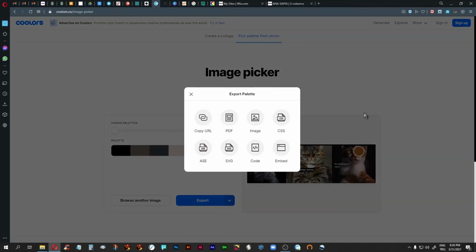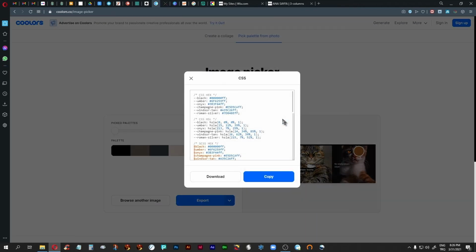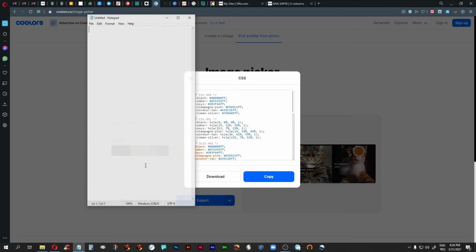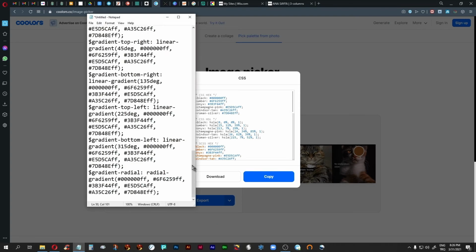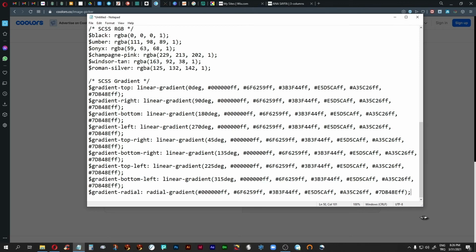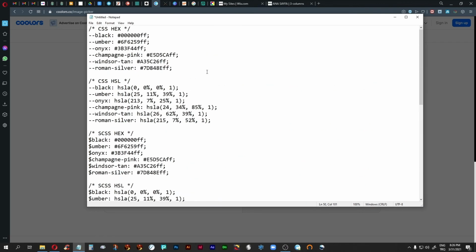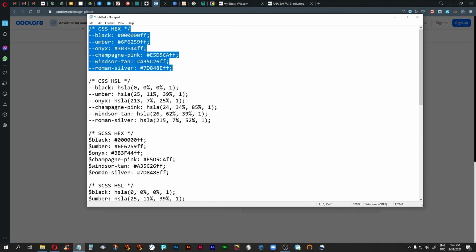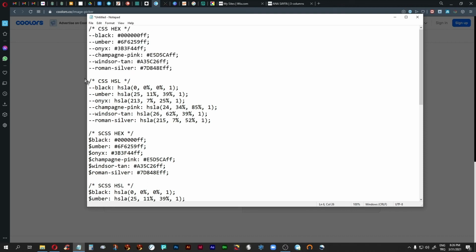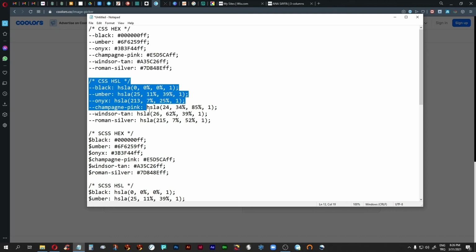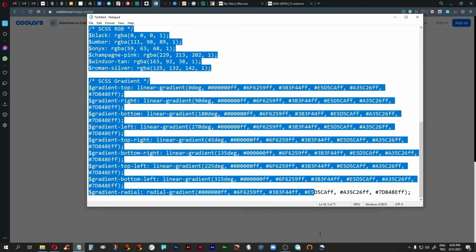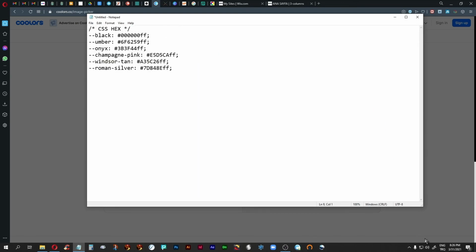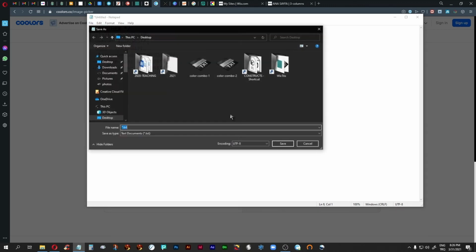Then I just go like this, and I export CSS. If you download it, then that's more difficult. Just copy it to the clipboard and then paste it in here into a text file. Basically, the ones you need are these here, the hex colors. These are hue, saturation, lightness. This is another hex. You don't really need any of these. You need these. These are the basic colors. So you would just save that as